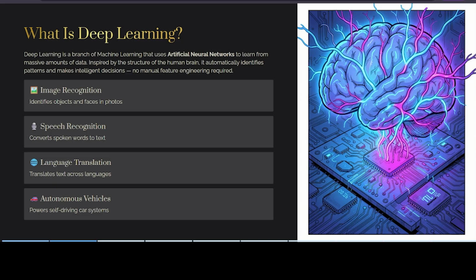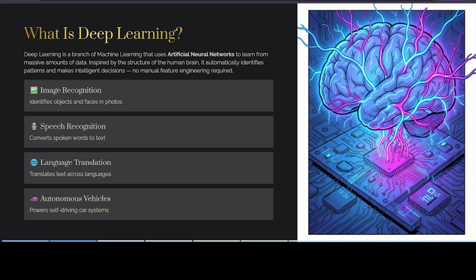That AI automatically converts your voice into text and gives the responses, right? Language translation is translating complex sentences across languages, okay? And autonomous vehicles are self-driving cars, identifying stop signs, pedestrians as well as lanes in real time, okay? So this is how deep learning works, okay?